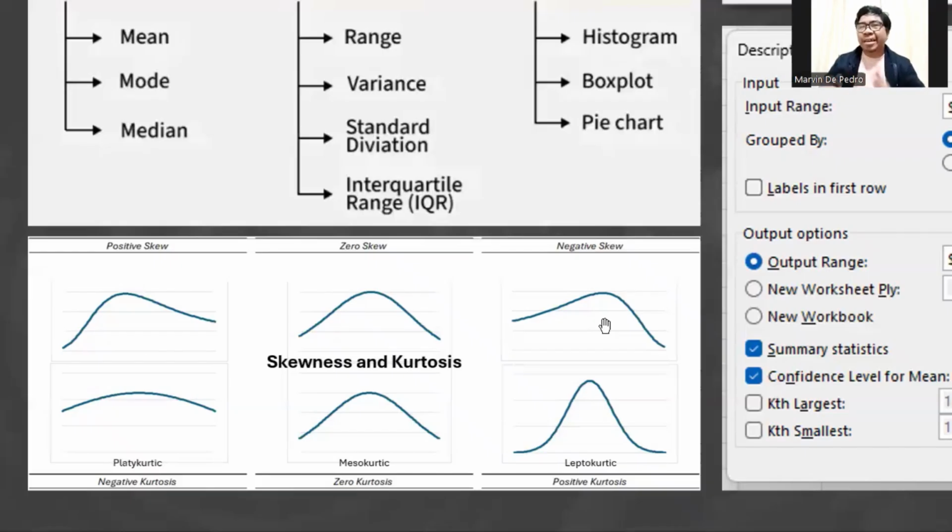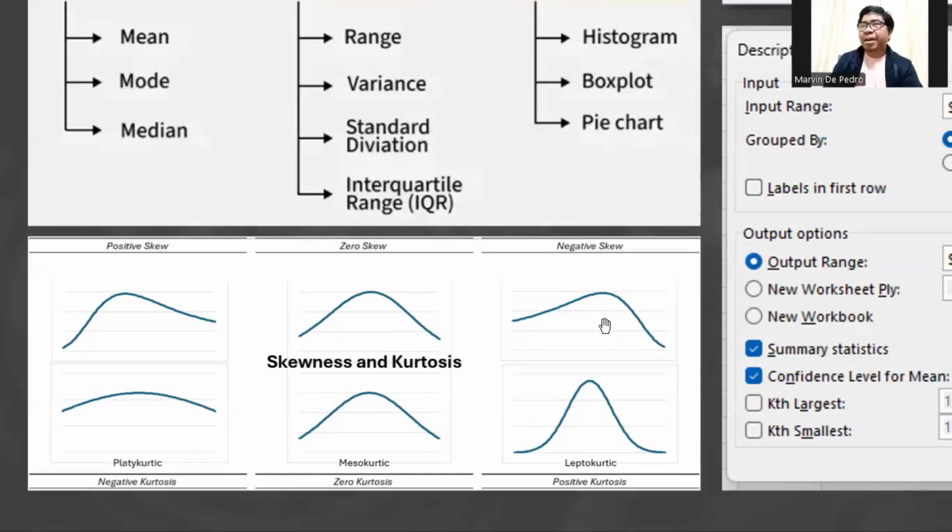Okay, again, the tools that we often see in Excel are parametric tests, and they are only accurate, that's why we can use them, if our data is normal.